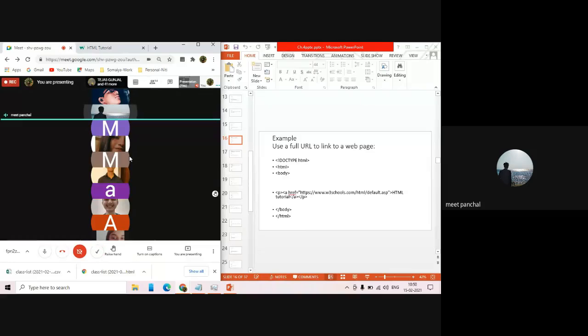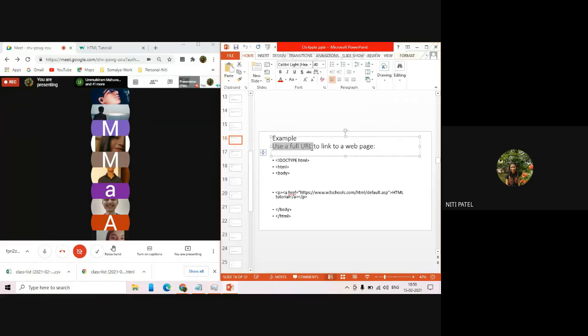Yeah, but if you see the link, which type of URL is it? Absolute URL. Correct. So whenever I'm using this full URL to link any web page, that full URL is nothing but an absolute URL. So both have different names, but the concept is the same. Even if it is a full URL, it will start from HTTPS. Even if it is an absolute URL, it will start from HTTPS.